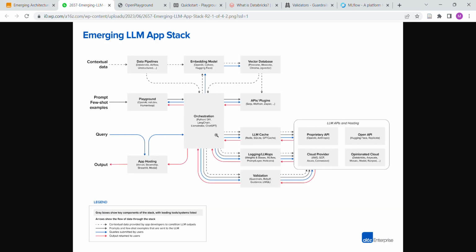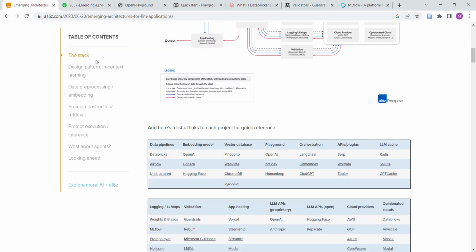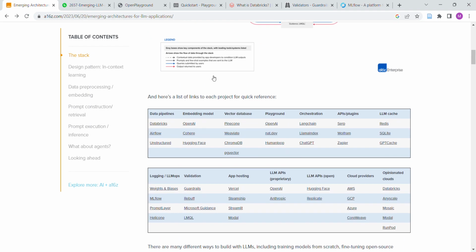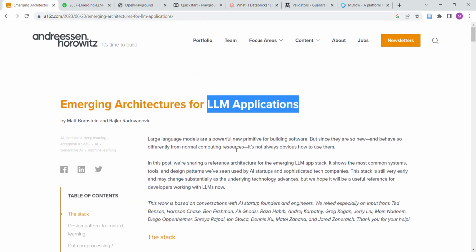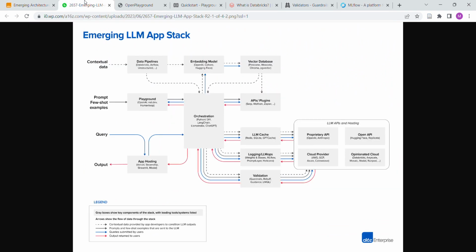I'm going to go here just to give a quick overview. The article is straightforward. There are links. This comes from the venture capital firm Andreessen Horowitz, and they are understanding the stack here. So they're kind of describing how one of these applications would work in a business context in total, using all of these things, and they break it down into